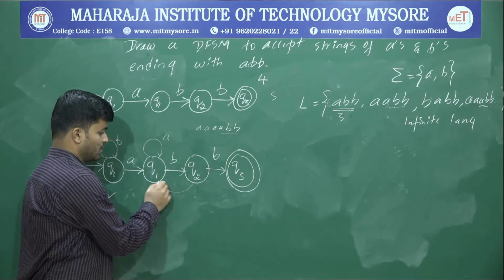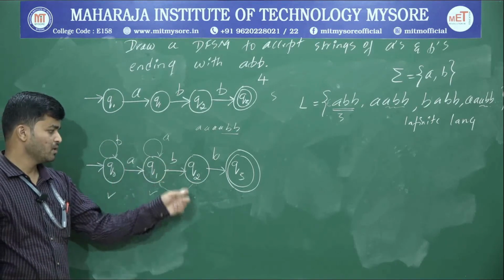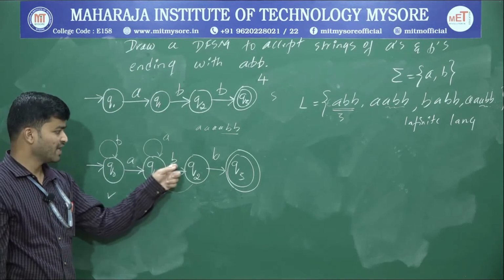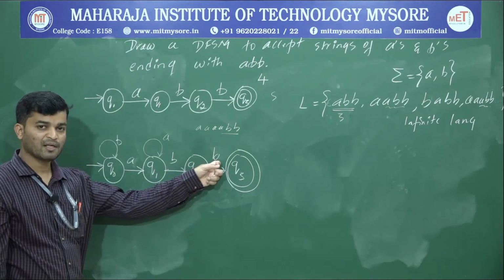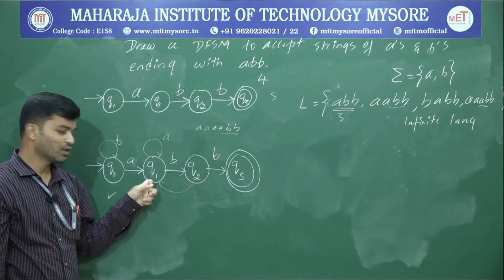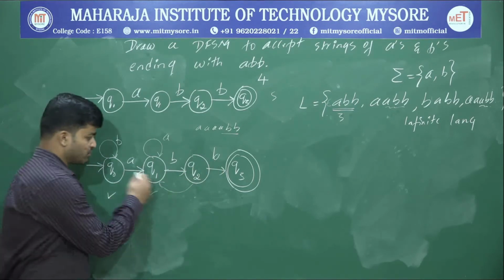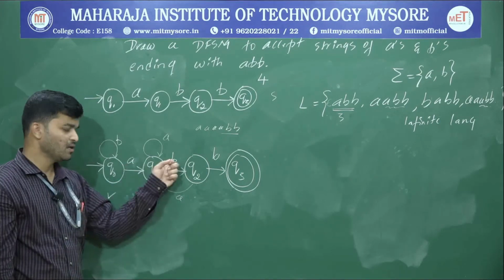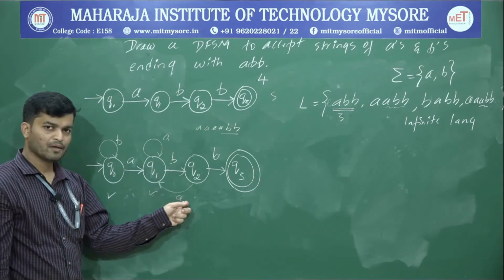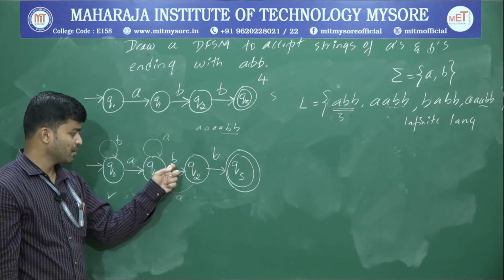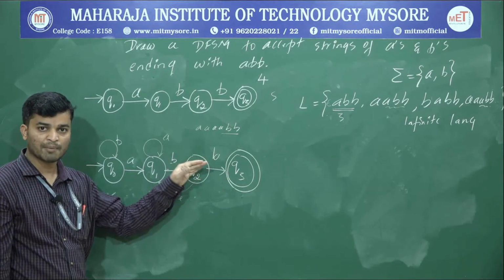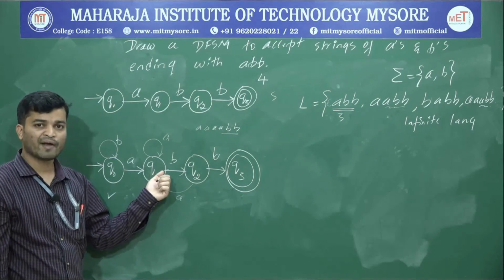If I connect here, so what will happen? A, B, A. So before going to the accepting state, it will accept 2 more B's. I'll get A, B, B. Therefore, connecting to Q1 is a valid option. Just observe this one. I'll write A here. A, B, one more A. Before going to the accepting state, it will accept 2 more B's. A, B, B. So it is ending with A, B, B. Therefore, this is going to become a valid option.